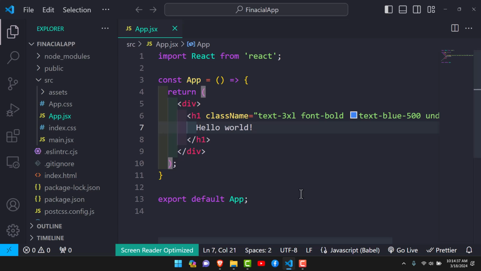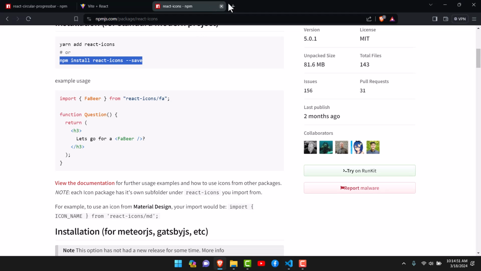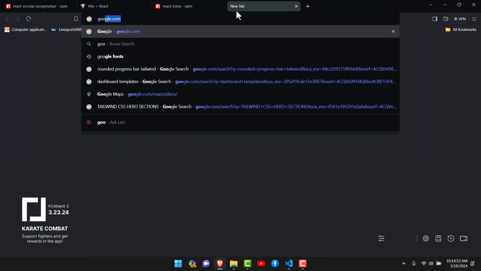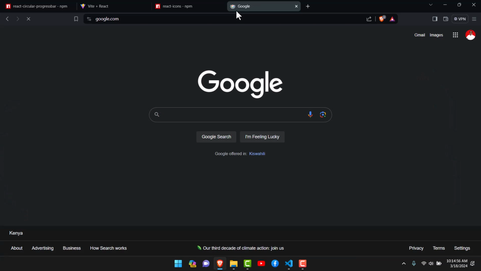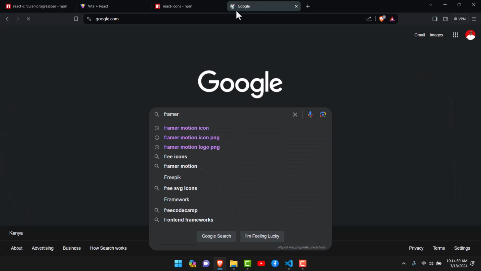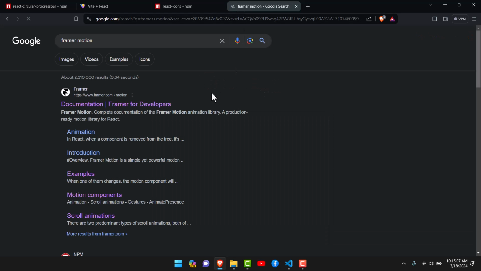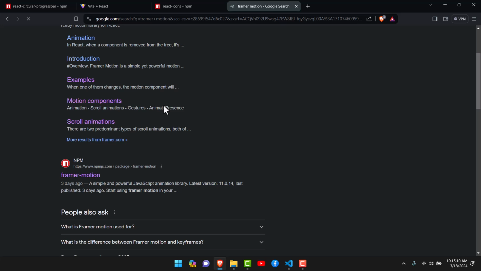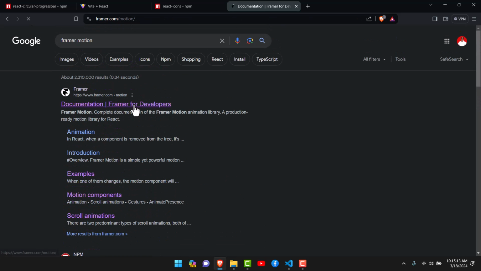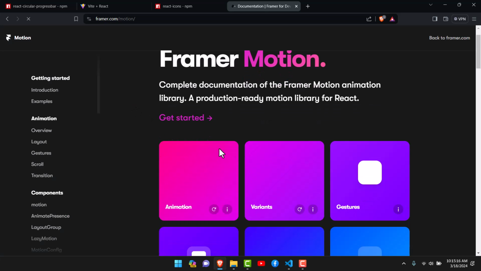So now the React icons are installed. The next thing that we are going to install is Framer Motion. This will be for the animations that we're going to do at the very tail end of this specific project. So again, we get to the browser here, and I'm going to get to Google over here, and I'm going to look for Framer Motion. So Framer Motion,